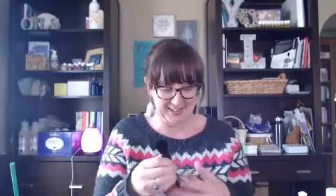So I know you get a foundation brush and a blending brush, eyeshadow brush, blush brush, all in this awesome little case. And oh my gosh, these feel amazing. I can't wait to use my foundation and stuff with these brushes. So that is what I got this month, and I am so excited. I waited a long time to get the brushes, and I am so excited that I finally did,